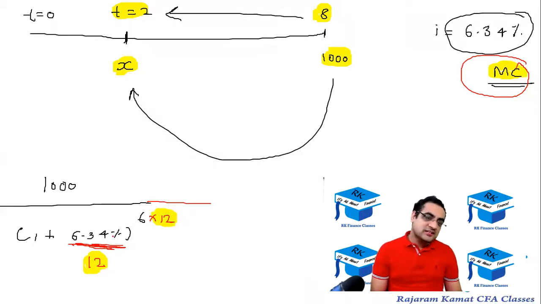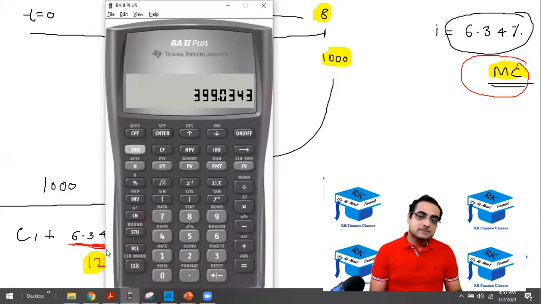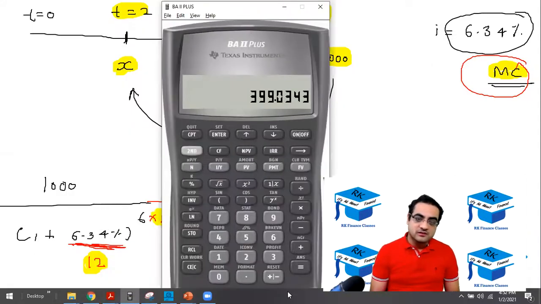So let's start with 6.34%. Let me do that. 6.34% divided by 12 equal to, then do plus 1 equal to. I repeat, 6.34% divided by 12 equal to, and then do that plus 1 equal to, then raise it to 12, 6